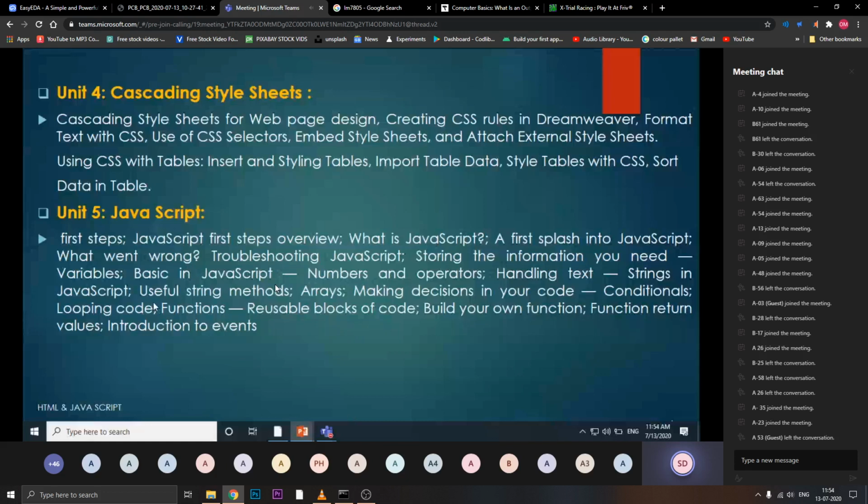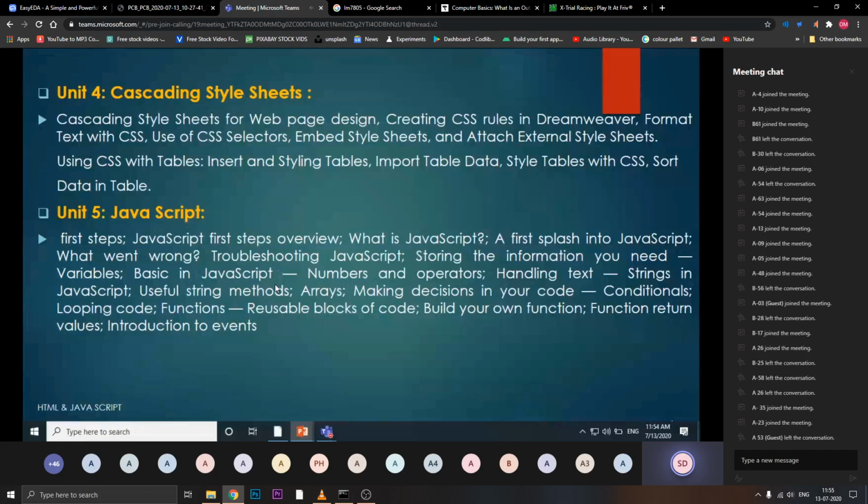Then what do you mean by variables? You have already studied variables in C programming. But declaring a variable in C programming and declaring a variable in a scripting language, the syntactical part is different. Are you getting this? Yes, I need variables, but I studied how to declare variables in C programming, which is a different way. Now when I want to declare a variable in JavaScript, I need to study the syntax first. I will tell you the syntax, take a few examples, and then we will proceed with this JavaScript language.